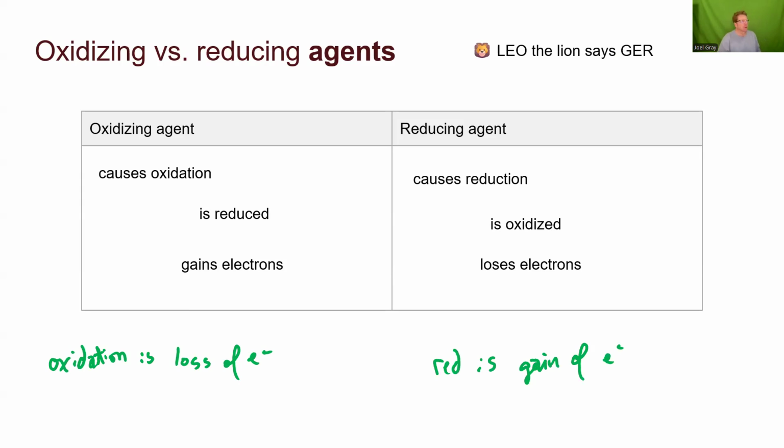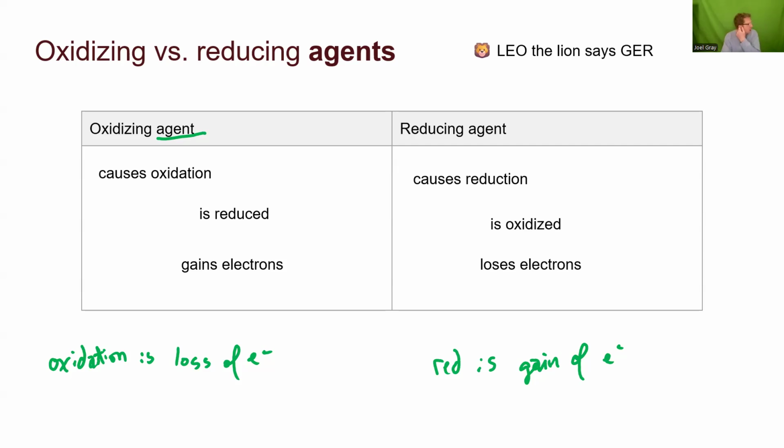Now we've got this new term, oxidizing agent, reducing agent. I always think about this word agent similar to how I think about a sports agent. I like sports, and the sports agent is not the person who's out on the field. They're not doing anything. They negotiate the contract. They enable or facilitate financially that athlete doing the thing. So an oxidizing agent is the thing that enables the oxidation or causes the oxidation.